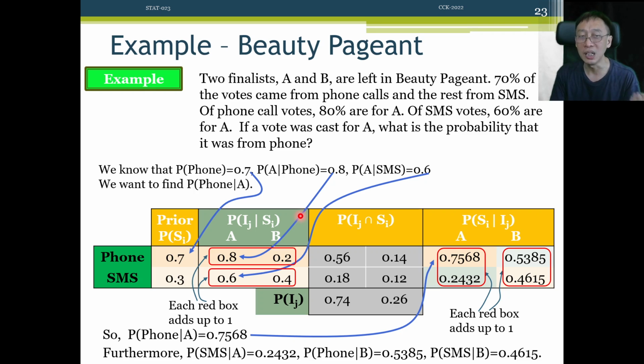So now we calculate, we need this probability. Given that the vote is to support A, I1 has happened, what's the chance that S1 will happen? That means, what's the chance that the vote came in through phone? All right, so this is not about time and the future, even though the vote has arrived, but this is about unknown territory. So that's another interesting thing about this. It's not about predicting the future. It's about discovering the unknown that, although it has happened, is unknown to us right now, to this particular experimenter right now. And we want to find out, did this vote come in through phone or